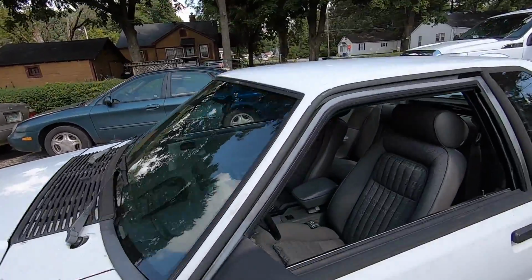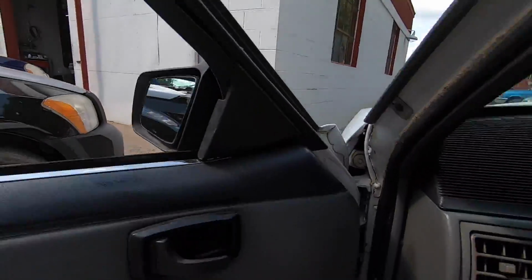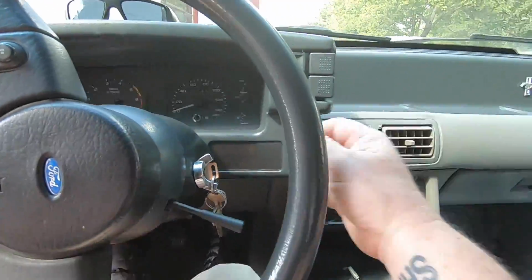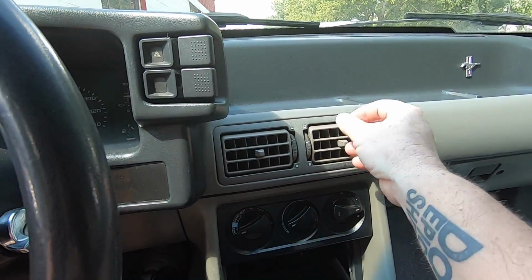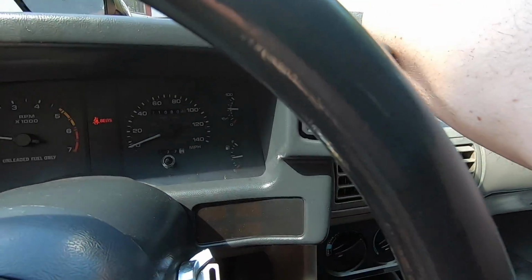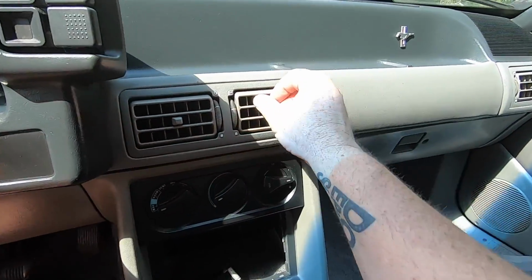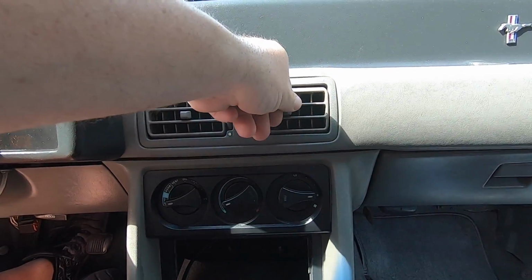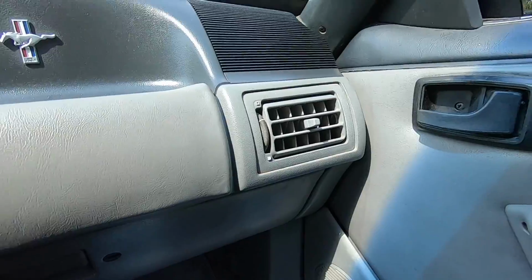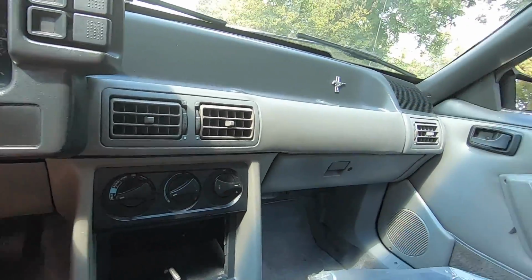All right, guys, so there you go. Cold air. We're gonna get it out to the shop this weekend. You probably can't really tell, but the fan is barely blowing. It's not on defrost. It's not on the floor, so it's not the door. It's not vacuum. I don't know. It is blowing, but I don't know. But anyway, guys,